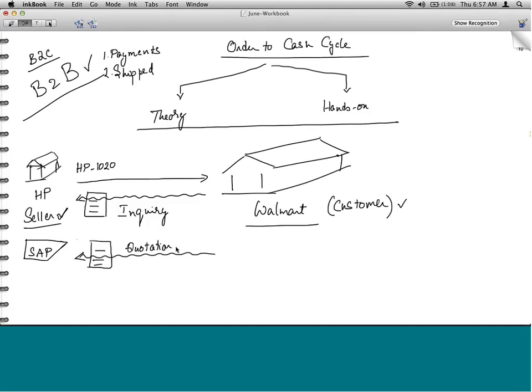Now, Walmart takes a quotation, again does its own number crunching because Walmart purchases in bulk, they have got to do their own magic. And finally, if they like it, they are going to issue an order. When the customer issues an order